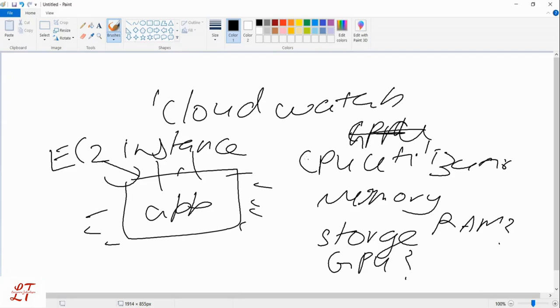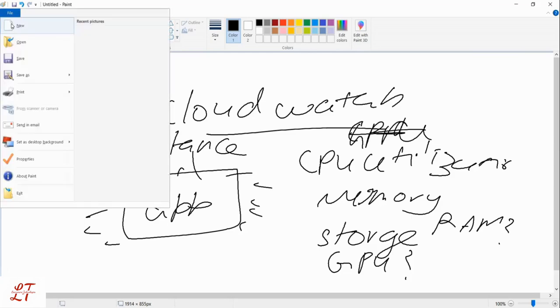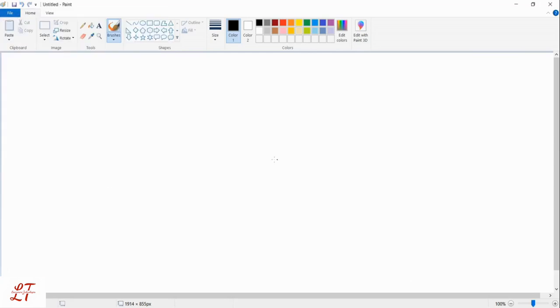So how would you know it? This is where CloudWatch comes into the picture. So now I'll be explaining what exactly CloudWatch is. CloudWatch is a service that monitors your AWS resources and your application. So what it does is that it collects your data,